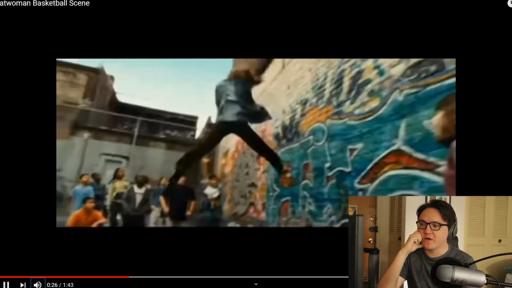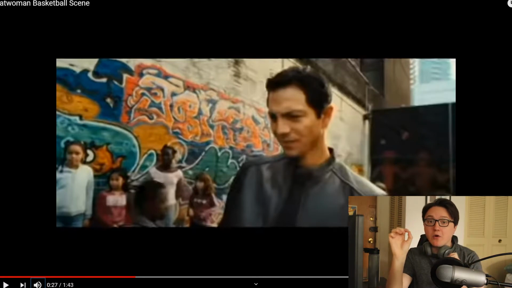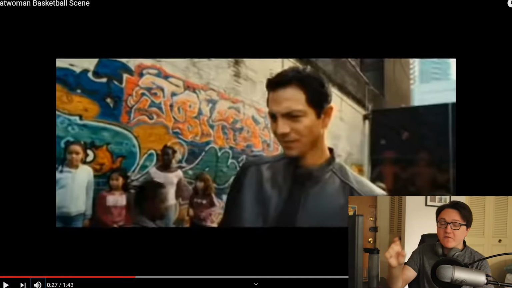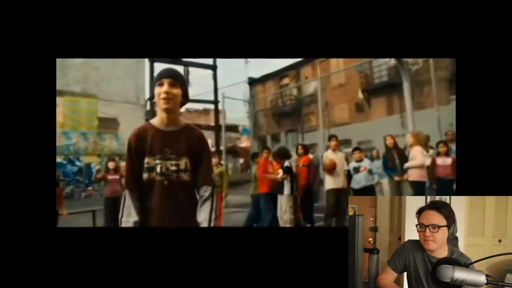And how about this jump right here, huh? 1, 2, 3, 4, 5, 6, 7. 7 cuts, not including that reaction shot, that would be 8. In that one jump alone, there are 7 cuts. That's a span of about 3.5 to 4 seconds. There are 7 cuts. That's too many cuts. Let's keep going.